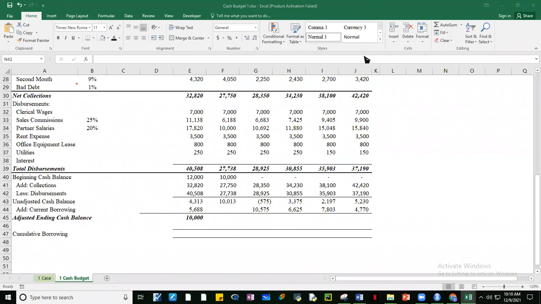So, adjusted cash balance. It's okay, LG, no? Thank you for that question. Adjusted cash balance will be adjusted ending cash balance. So, sum up lang natin yung unadjusted at saka yung cash balance.